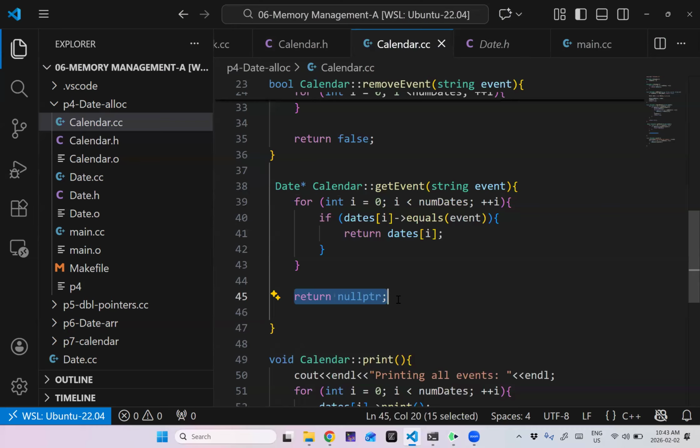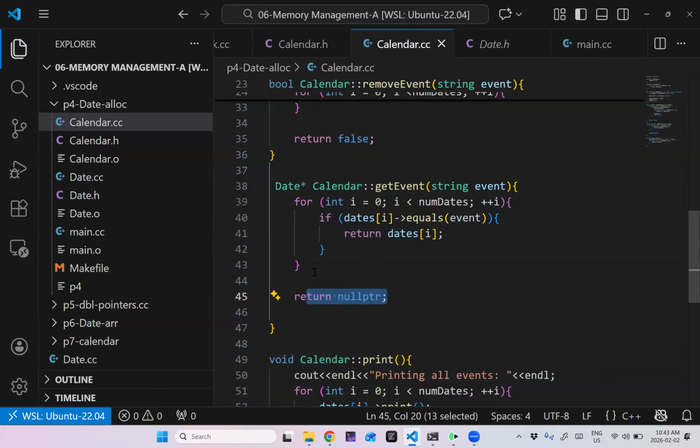So there we go. Nice simple getter. Not really a getter, but like a get event. I either return an address or I return null pointer. On the other end, I should check when I call get event that if it's a null pointer, then of course I don't want to try calling print on it or something like that. But I can do basic, I've sent back the thing and or a message that this thing is not viable.